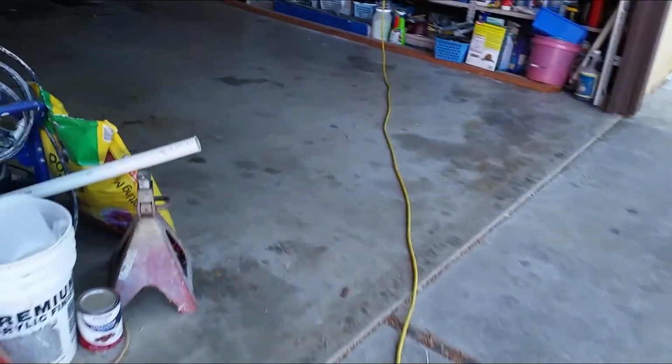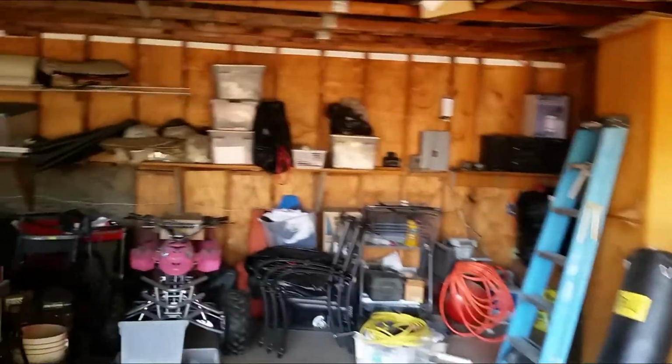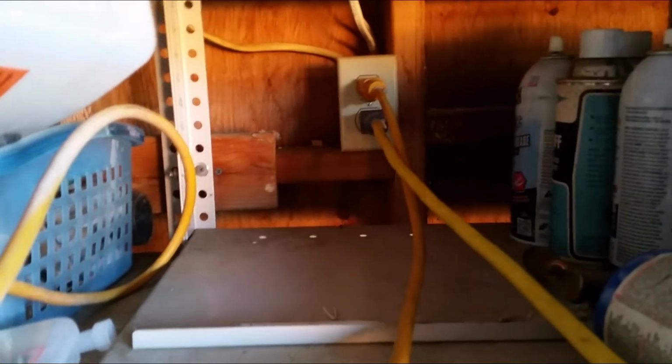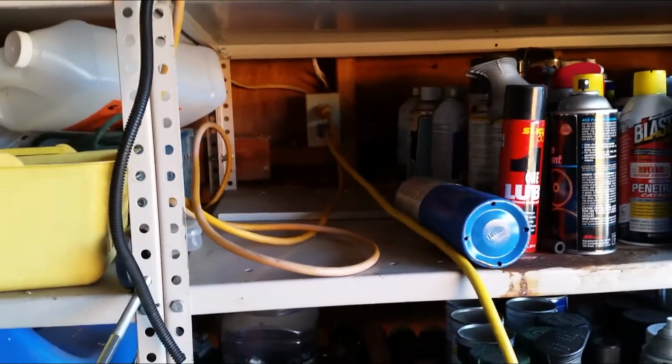If you have an open garage like mine, where there's no sheetrock and everything's exposed, I have a 20 amp breaker box over there, and this is the outlet I tap to get electricity from, and it has some wires running up. I have already installed some outside lights,